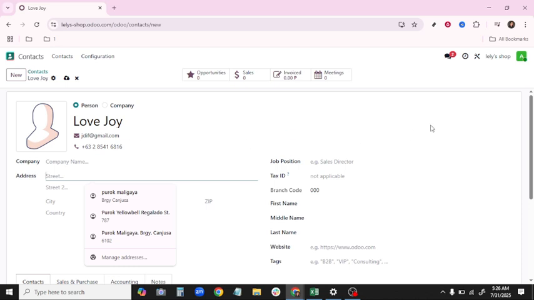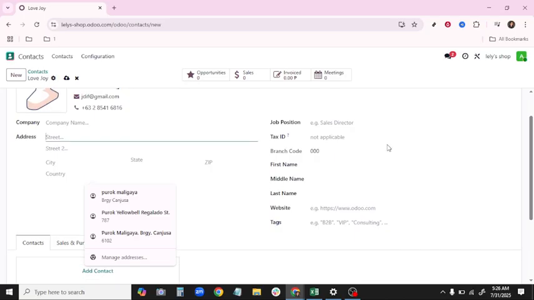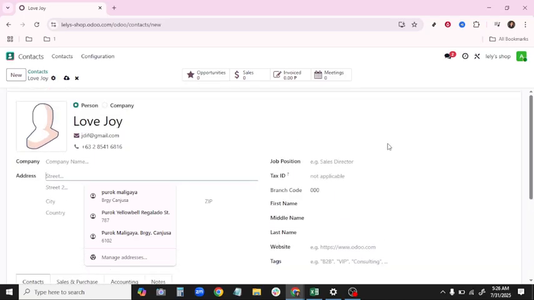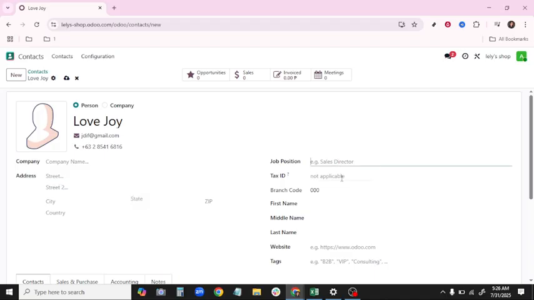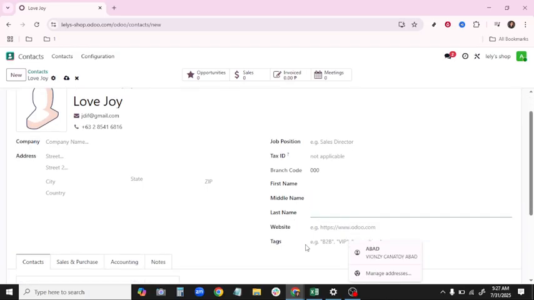And there you have it. Those are the basic steps to create a new contact in Odoo. It's designed to be user-friendly, taking just a few clicks to get essential information settled and ready for integration into your workflow. Remember, keeping your contact list up to date is crucial for maximizing your business efficiency and fostering communication